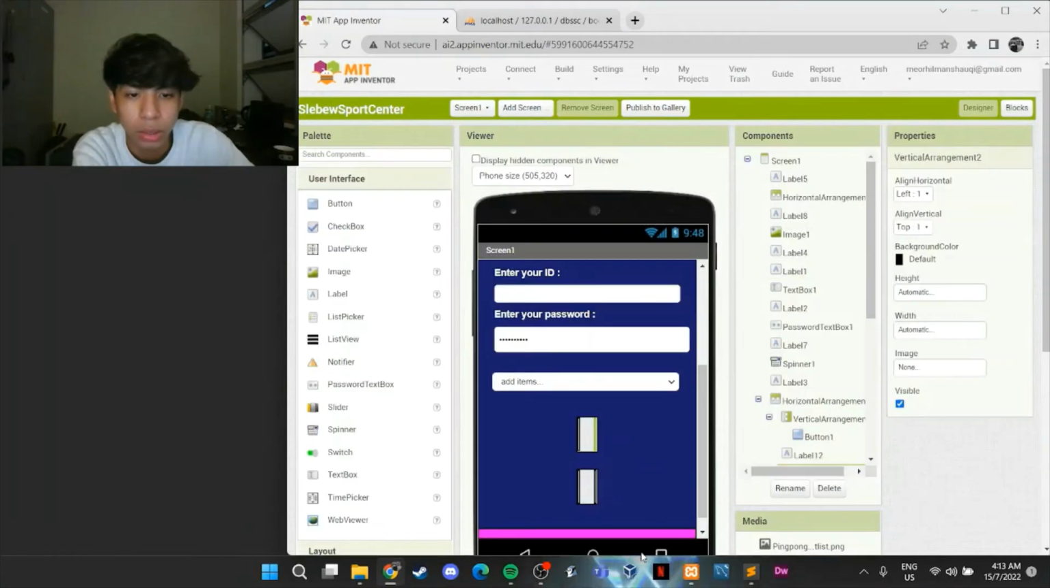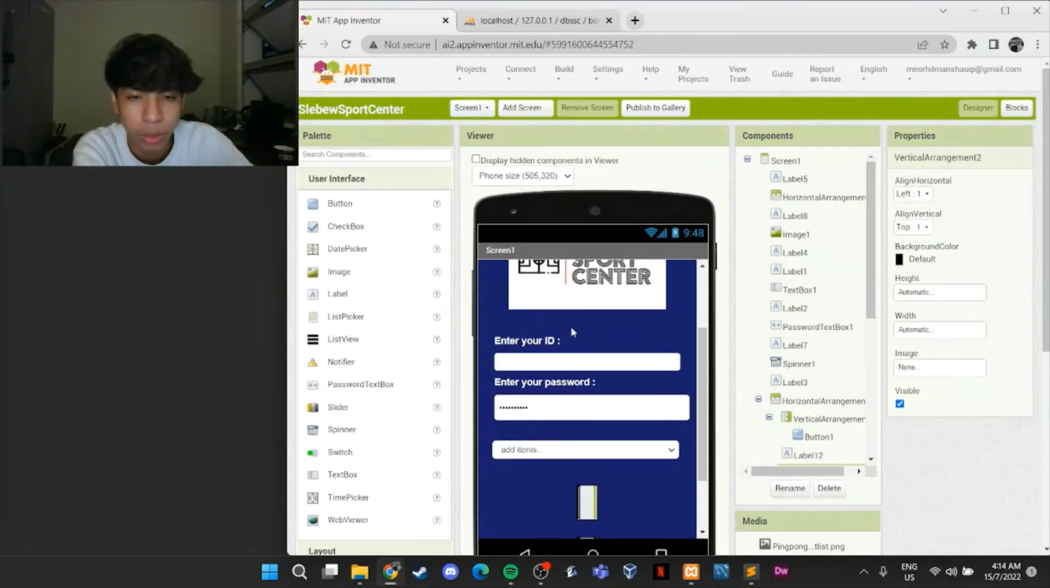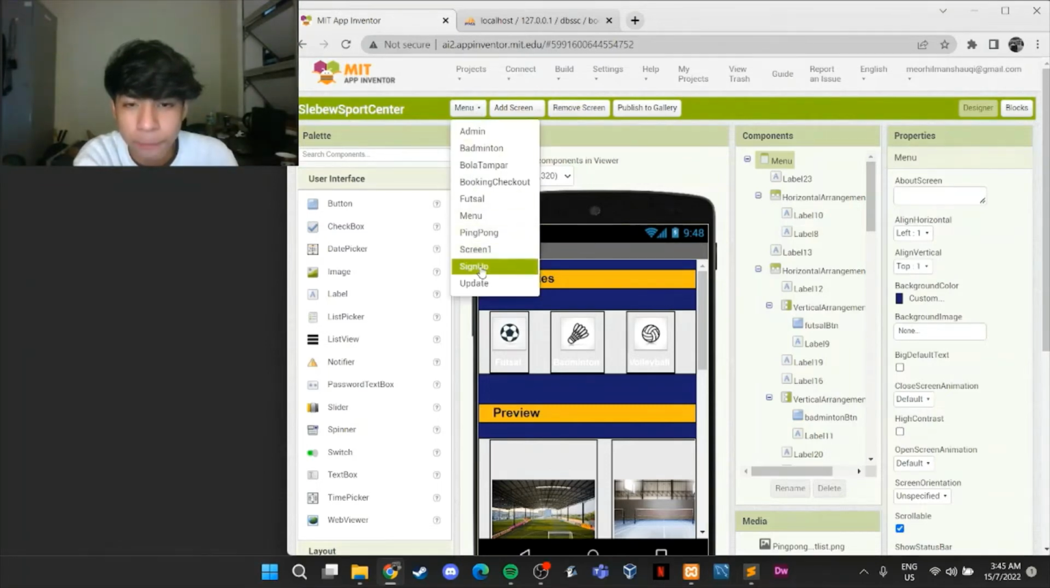And then they can just enter the ID and password that they have just created from the sign up screen, and then log in as usual. Okay, once the user has logged in as customer, it will bring them to the menu screen, and as you can see here,